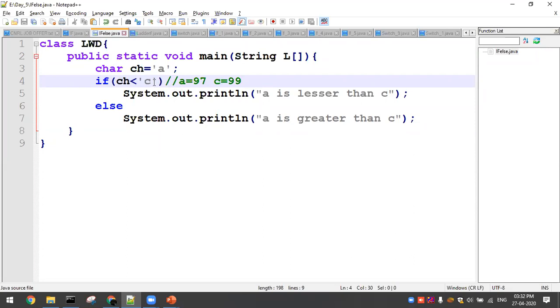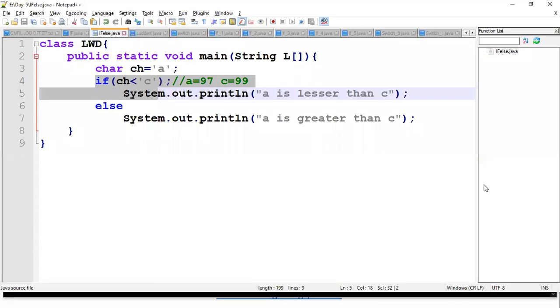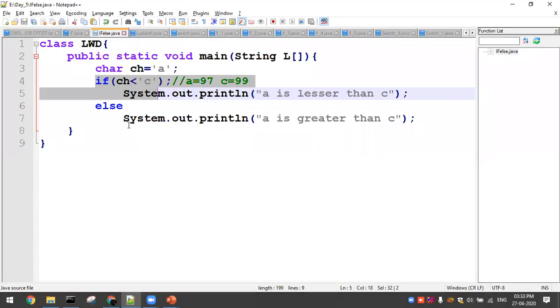I taught you what happens with a semicolon. Here also I'm continuing with a semicolon. Then in this case what will happen? Can anyone answer? In the previous question I taught you, if it ends with a semicolon, what will happen? It becomes an empty if. Similarly here I end with a semicolon, so this is going to throw an error. Why? Because you can't go ahead with the else without an if, since ending with a semicolon makes it an empty if.